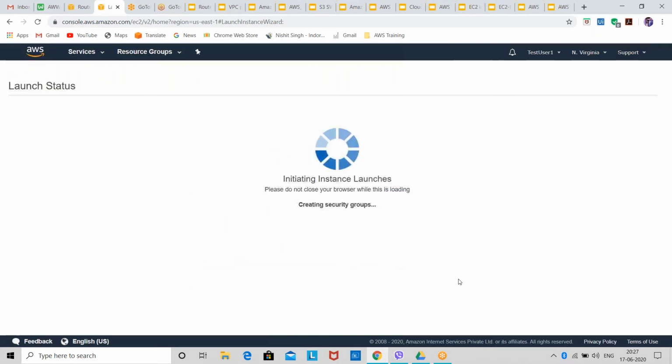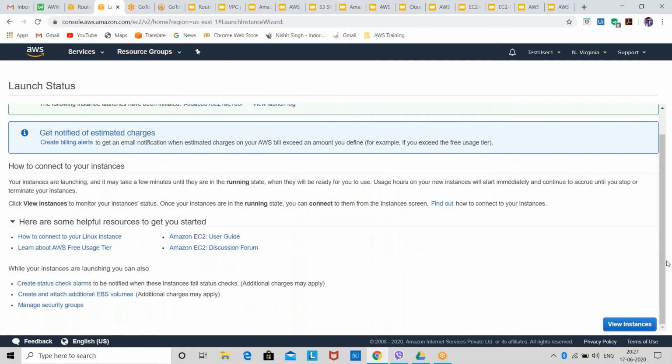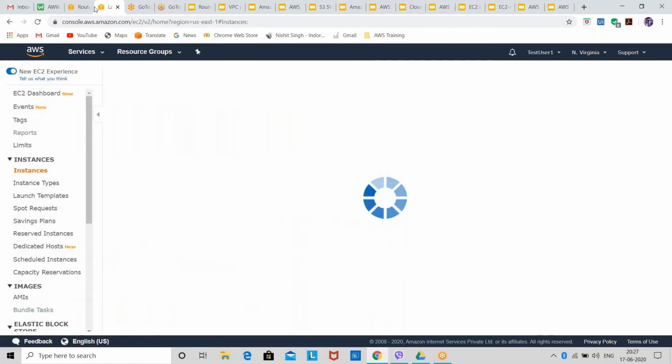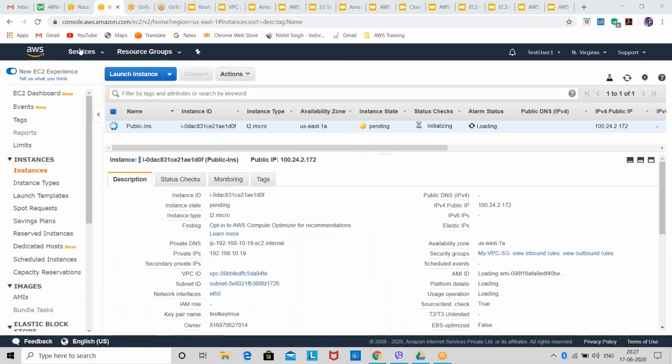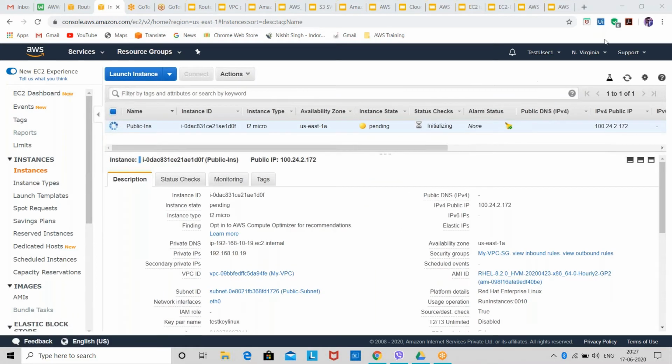So now I have launched my instance. Let's wait till our instance gets ready and running. Then I'll show you how you can connect to this instance which you have created in your VPC.